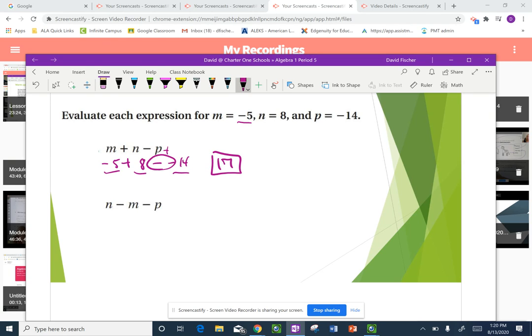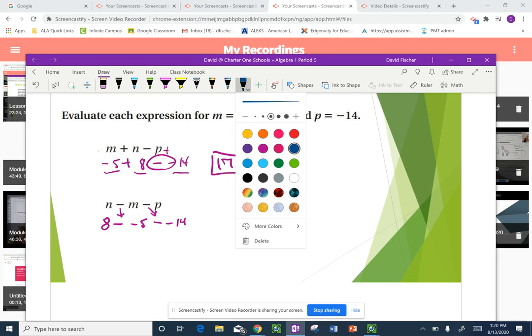Next one, I want to put n in. I want to put an 8 in place of the n. I want to substitute it in. I have a minus sign that I'm going to bring straight down that's in my math problem. My m is a minus 5. And my minus sign that's in my problem, bring that down. And a minus 14. So again, I'm going to come up here and I'm going to pick a different color